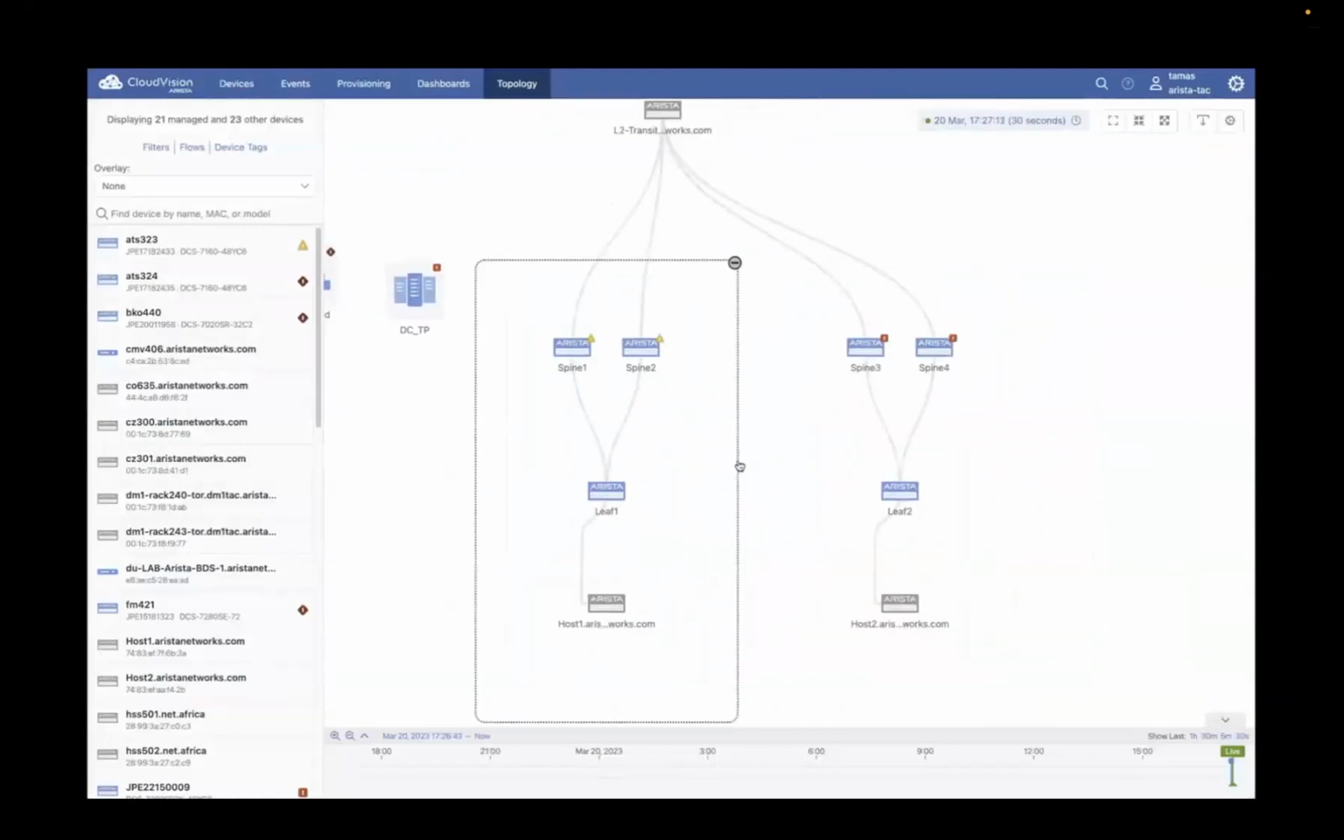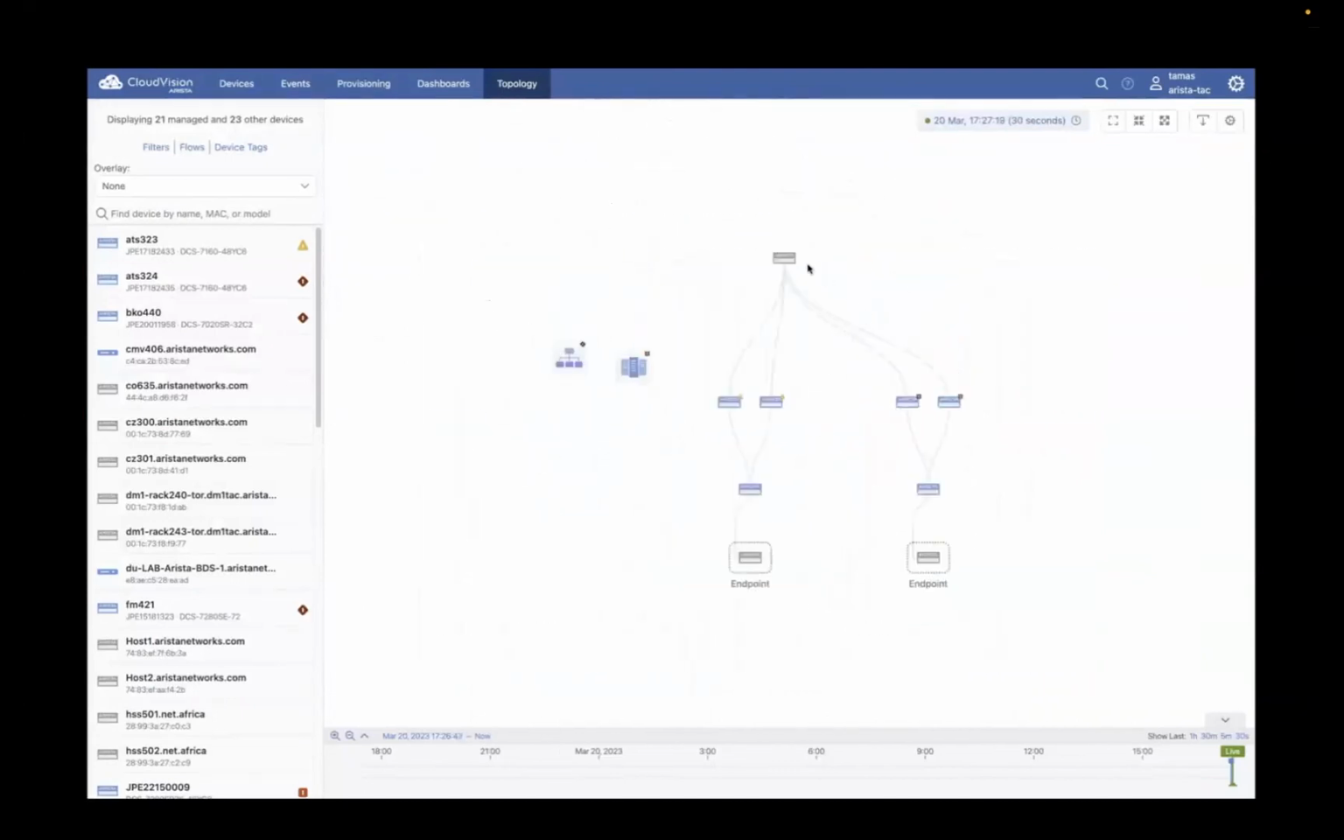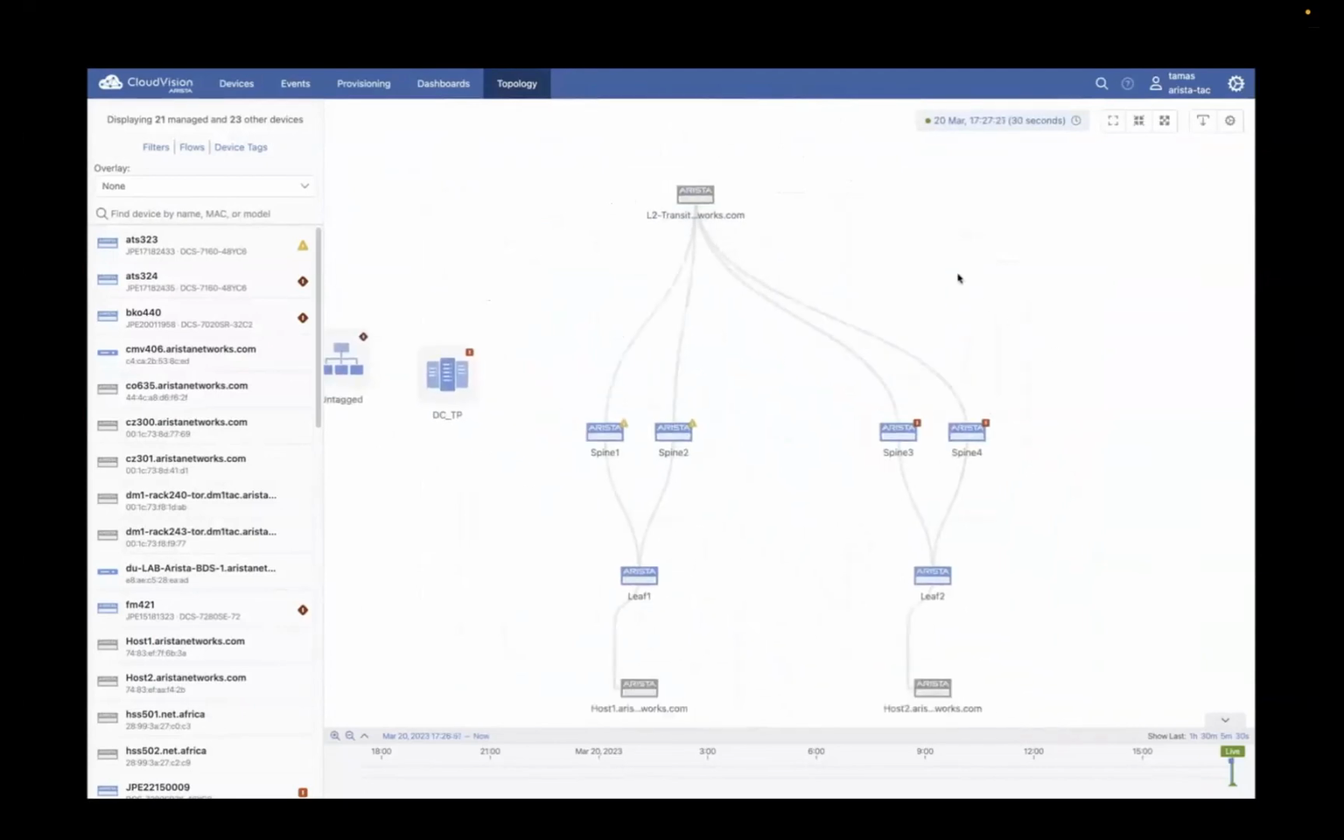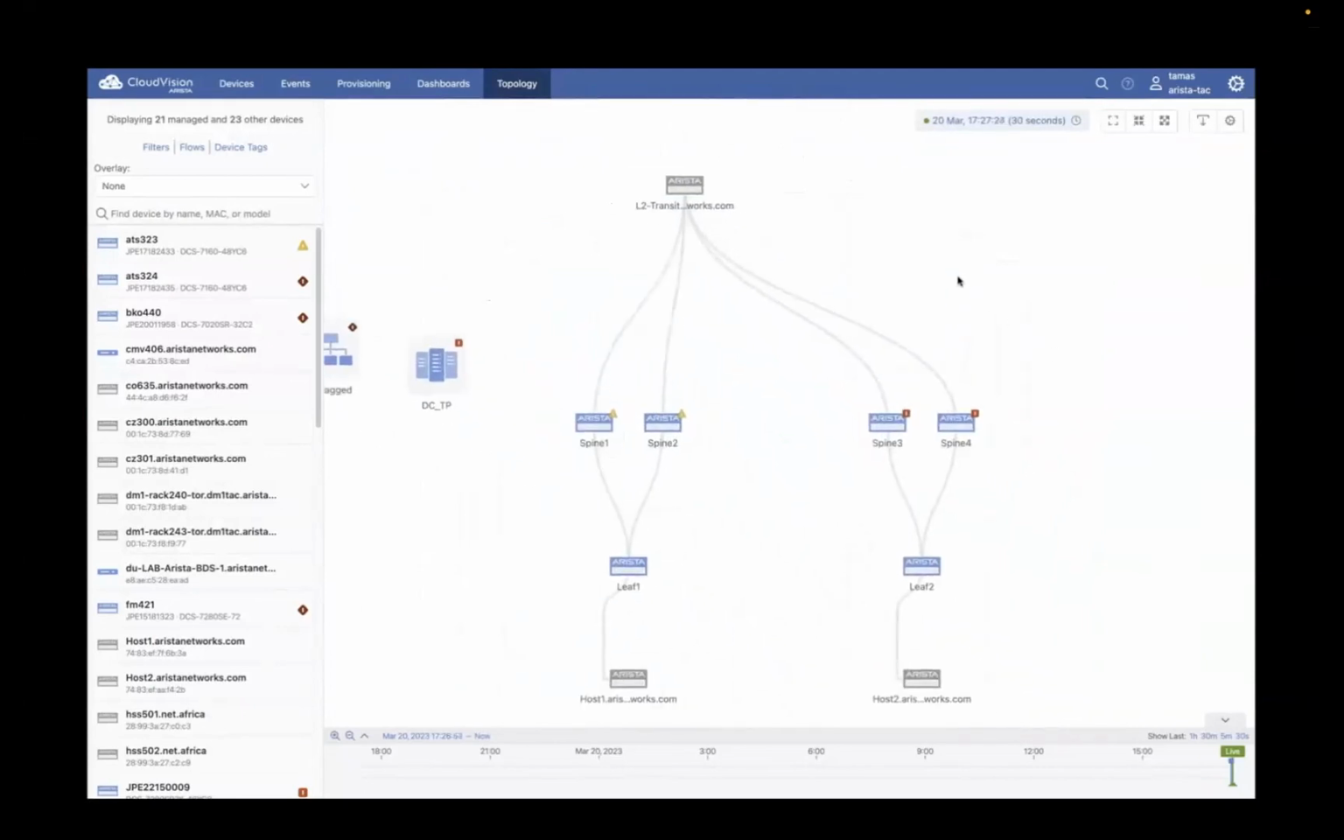We can see our two leaves. We can see our four spines. We can see the two hosts, and we can also see the transit. And we would also be able to access the list of flows at the time our colleagues were trying to